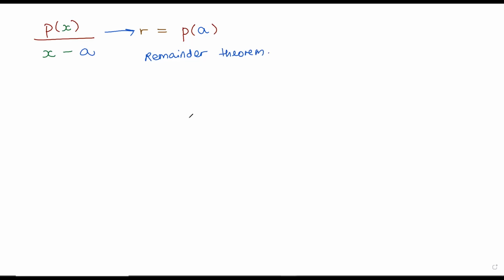Now we were talking about the application of the remainder theorem. One application of the remainder theorem, as we discussed in the previous class, is that if you have two polynomials, and you say, well, I don't really care about the quotient. I don't want to know what the quotient comes out to be when I divide them. I just want to know what is the remainder.